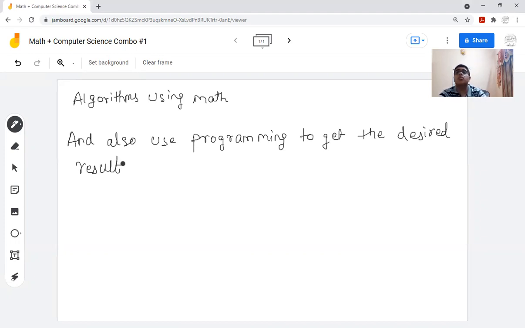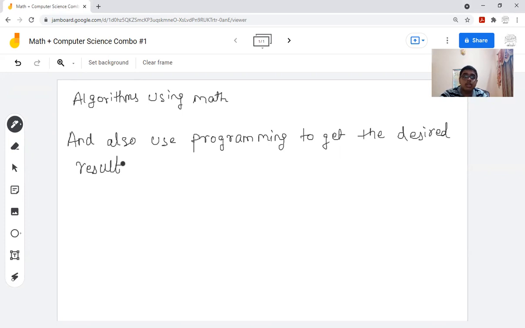So this video focuses more on the math part, I would say, by taking up examples, like one example which I'll be showing in this video, and the code also I'll be showing it to you. The code is something I have done in Python. It can be done in C, C++, or Java, whichever you are comfortable with. And I am much more comfortable with Python, so I've done it in Python.